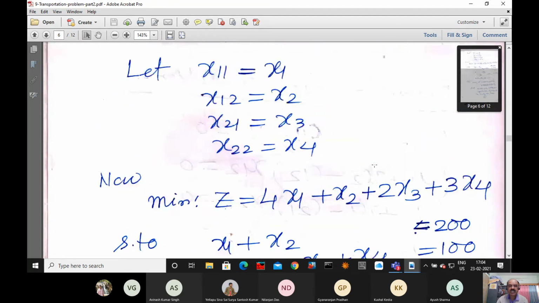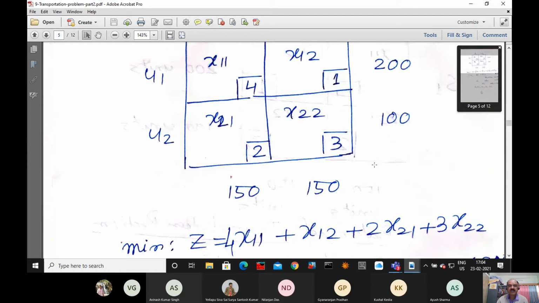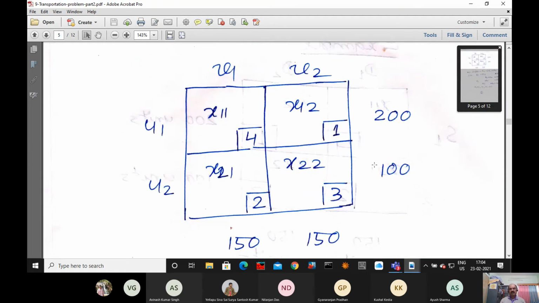That was the transportation problem. Once this is given, this U1, U2, V1, V2, we are writing in this fashion because we are introducing the dual variables. Before introducing the dual variables, we are going to have a trial solution. How to find the trial solution? There are several methods. First method is the northwest corner rule.